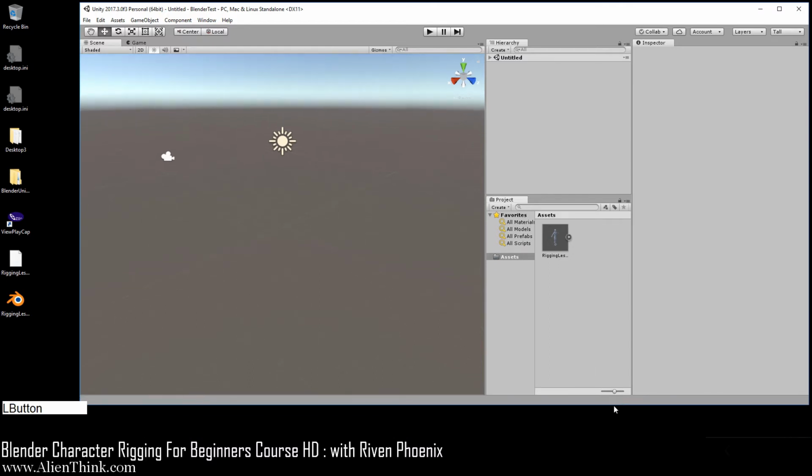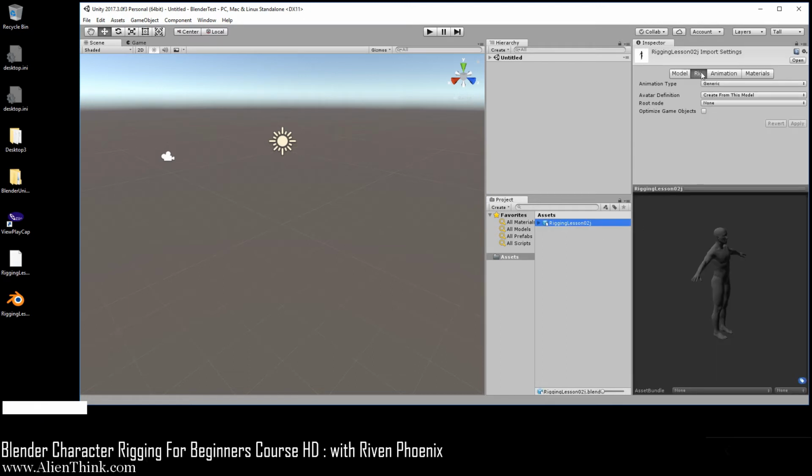Now over here you can see that you have this little icon over here. I'm going to push this up. If you do it like this, you can actually see this. So what you want to do is first click this. You'll see that over here it says rig, and over here it's going to say generic. Now when you're creating animations in Blender, you're going to use generic. But if you just want to use Unity's motion capture data, you have to do humanoid. So I'm going to switch this to humanoid. Now again, we have to click on apply.